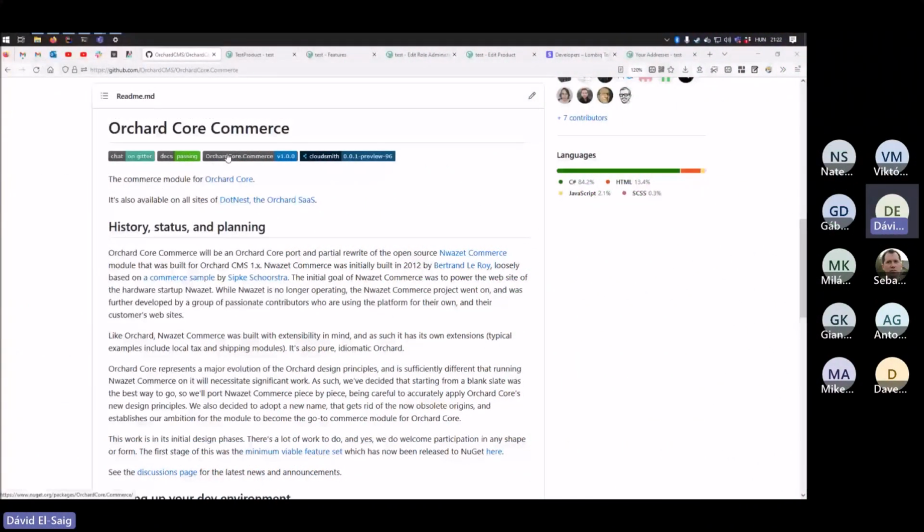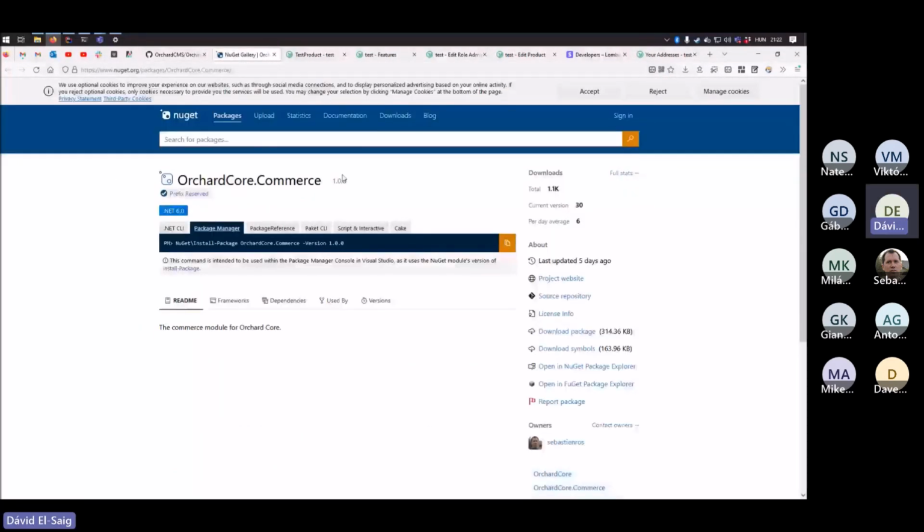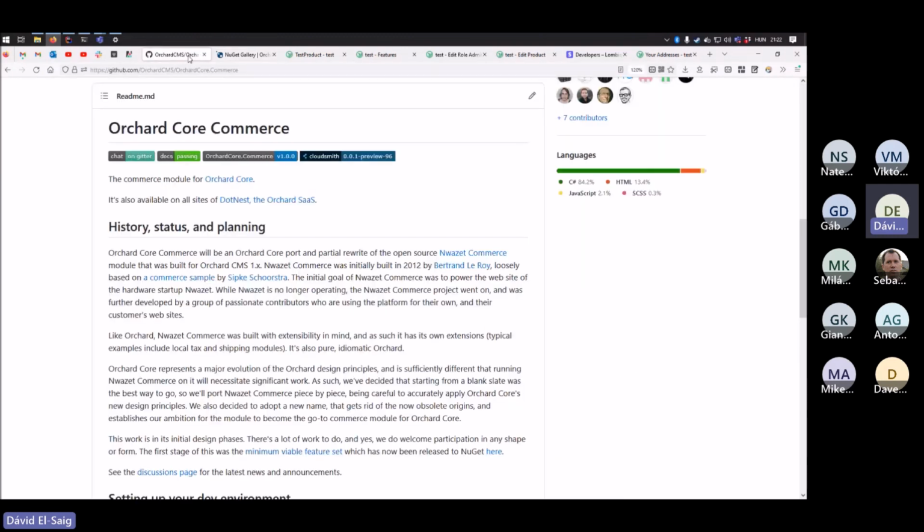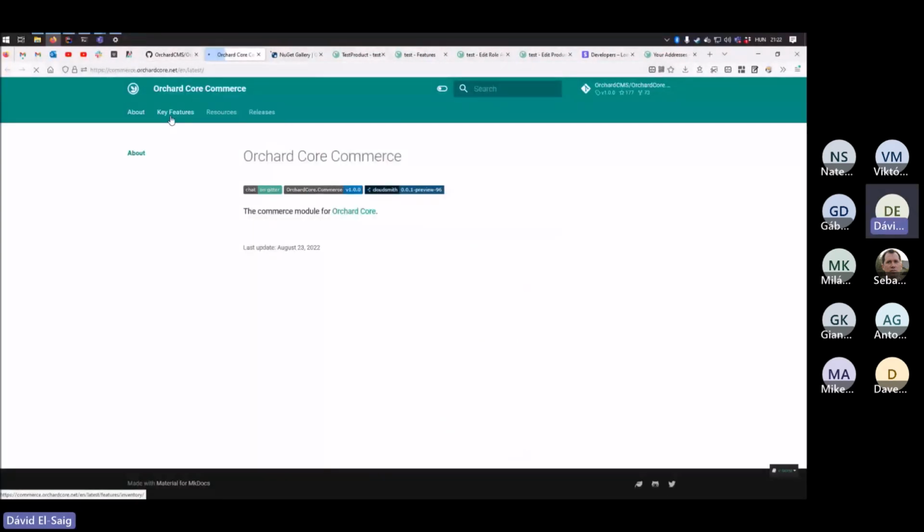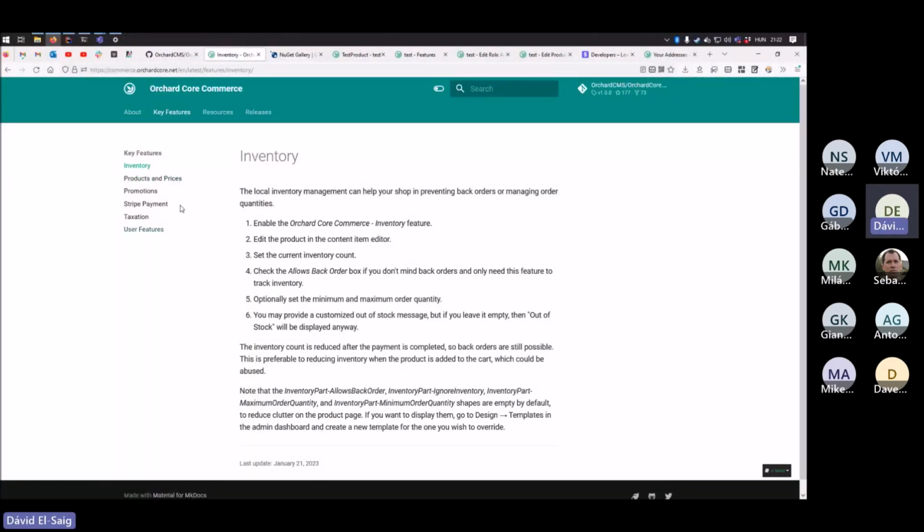We have recently released, well, last week, finally the 1.0 version with the minimum features that we think are needed for this. So you can finally access it from there. Also some updates on the documentation, and these are basically the key features like inventory management, promotions, some tax features, payment via Stripe,